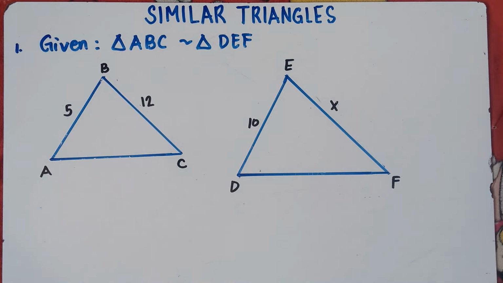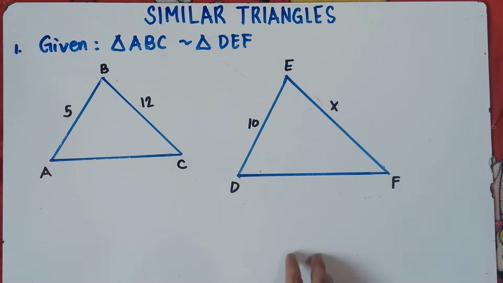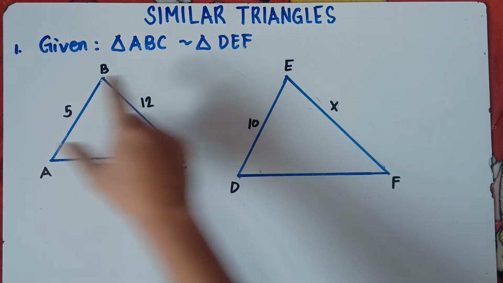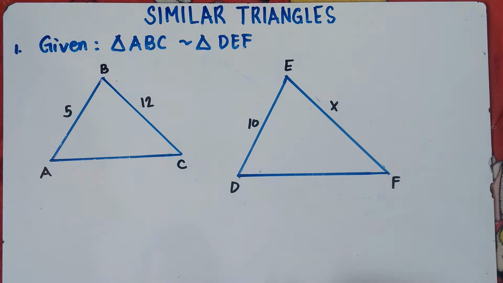There are some cases, if the teacher gives you this kind of illustration with a given side, it is doubled. You already have the idea, class, that EF will be 24. It will be doubled. From 5, it becomes 10. Therefore, if this is 12, it becomes 24. So, easy for this number 1, class. If you are given questions like this, you can answer it right away.